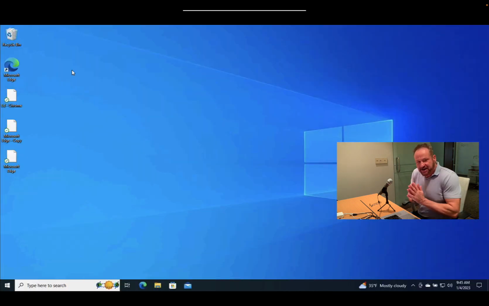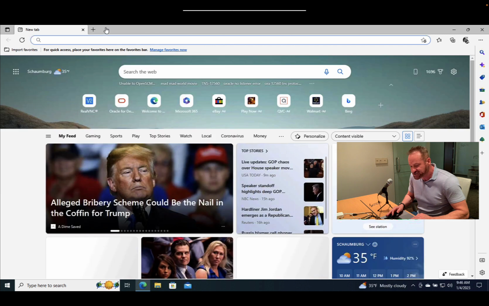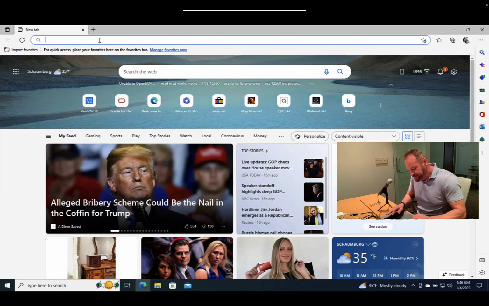So I'm on the box that I want to install on. Okay, so I'm ready to install. The first thing I need to do is open Edge. Now this is a box that I just reset, so there's really nothing installed on it. I don't even have Chrome installed. So I'm going to use Microsoft Edge, and I'm going to go to